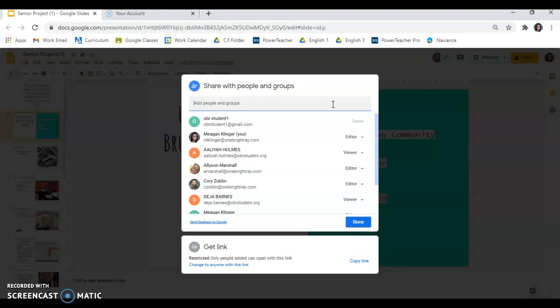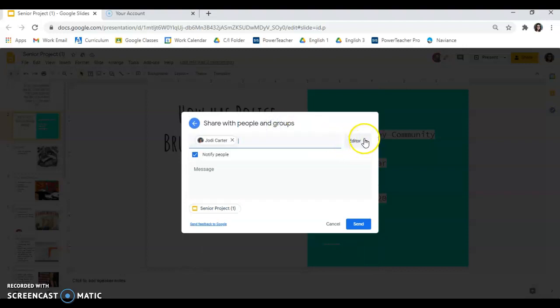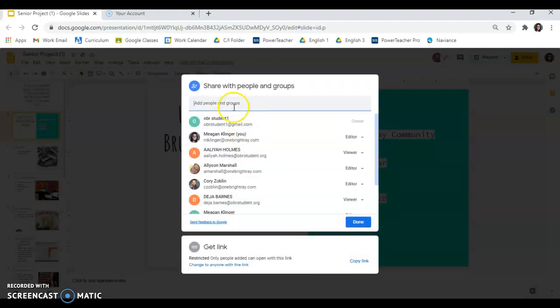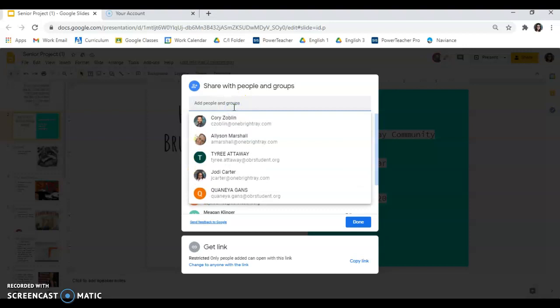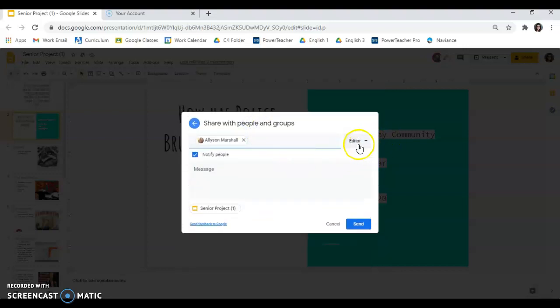This you would use when you're adding your teacher or a classmate that you're working on the project with. So if you want to add a teacher, you just type their name in and their email addresses are going to pop up and you would add them in. And then you're going to just make sure that they have the editing feature right here. This will allow them to chat with you, to leave comments, to help you in your presentation. If you wanted to add a classmate who's supposed to be in your group working on the project with you, you would just type their name in